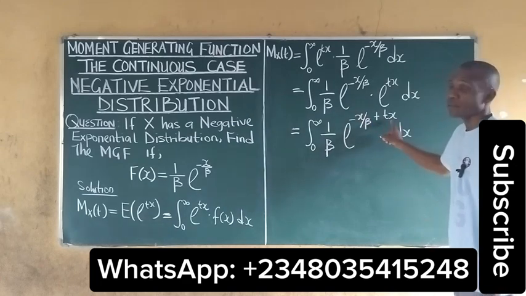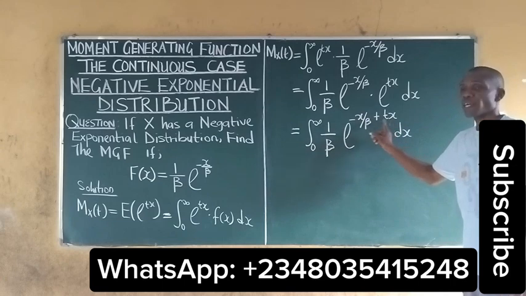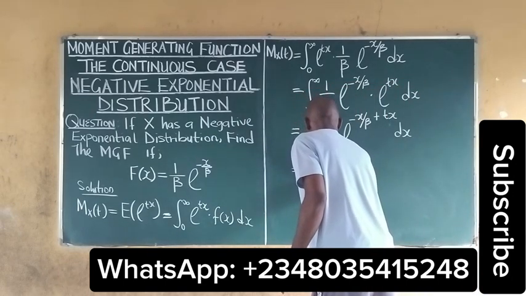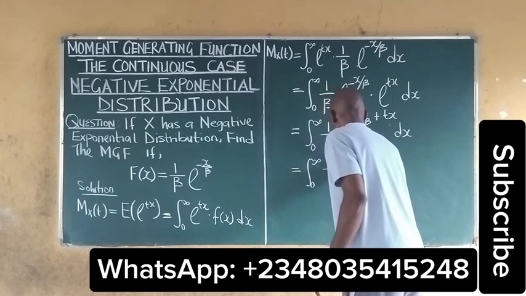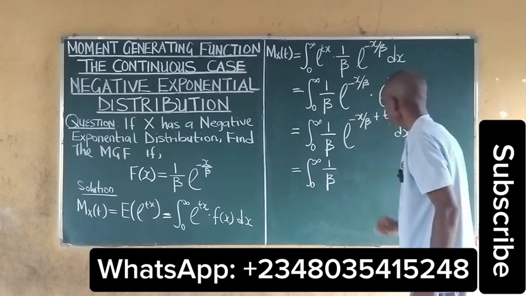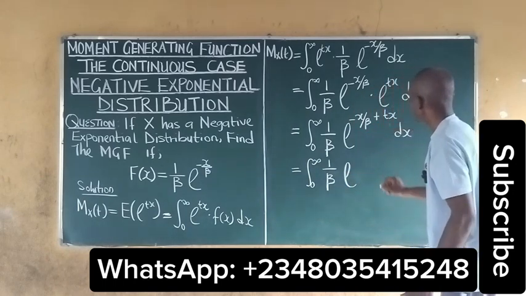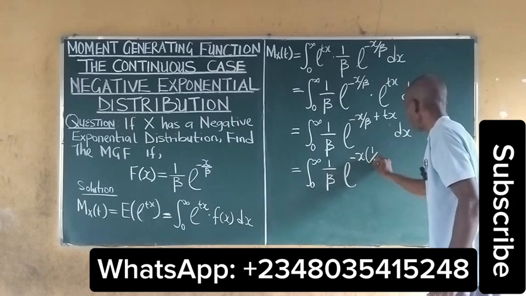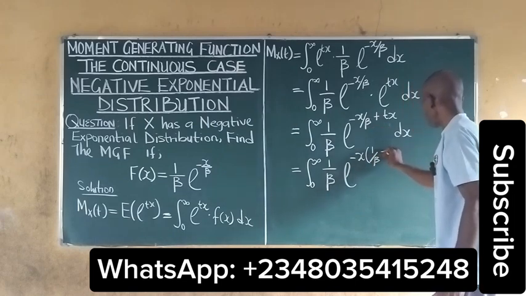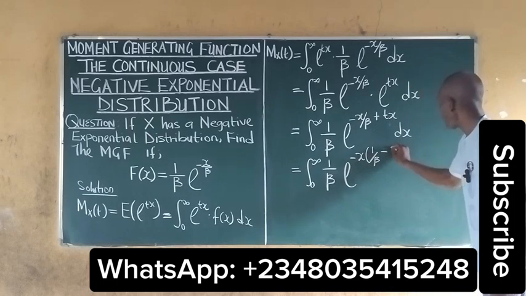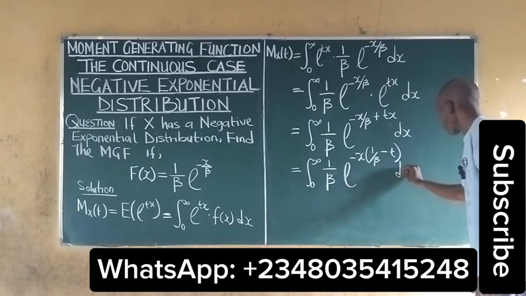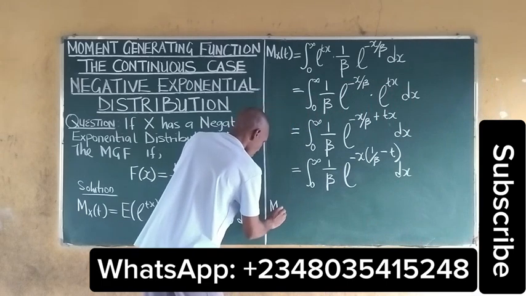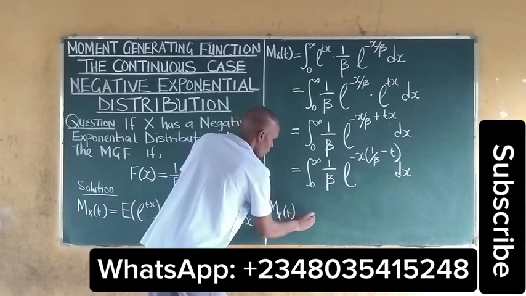We'll still find that something is common here. If we watch out, something is common here, and which is x. So we'll bring it out. So we have the integral function 1 all over beta exponential negative x in brackets 1 all over beta. This is positive, it turns to negative, and here we have t dx. So we can still rearrange this, meaning that our moment generating function will be equal to